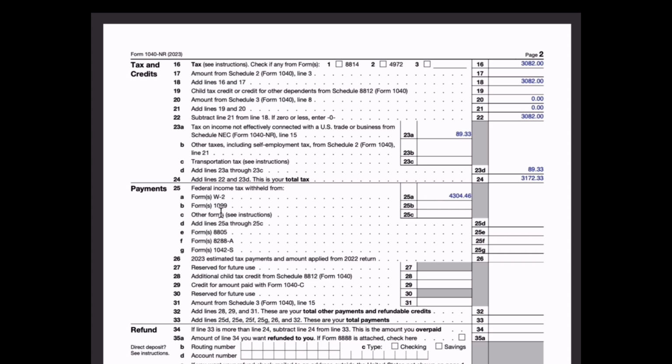If you had the forms 1099 DIV and INT, and if you see any federal tax withheld, you will enter the amount right here. But for me, no federal tax was withheld from the forms 1099, so I will enter 0. The box 25D is simply the addition of all these, so it will simply be 4304.46. Again, there's nothing right here, so I will just leave it blank and move to the box 32, which